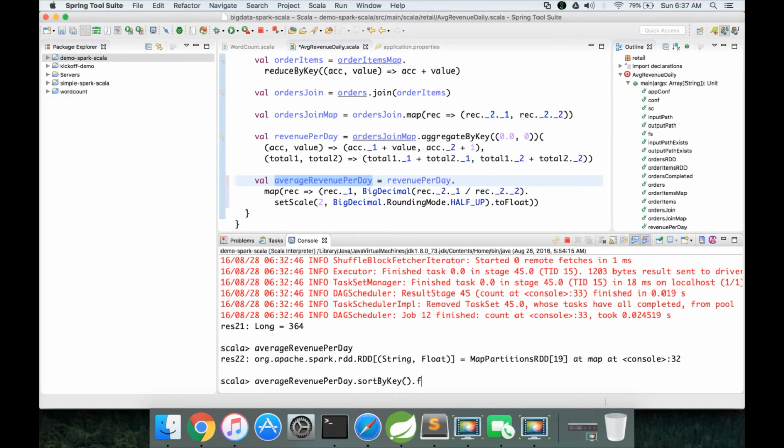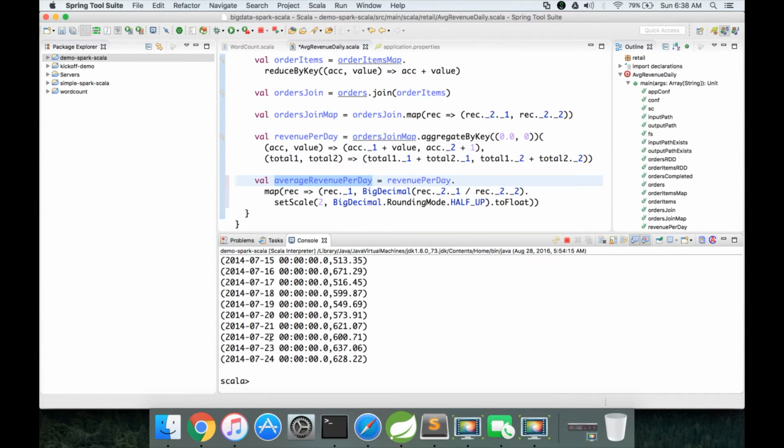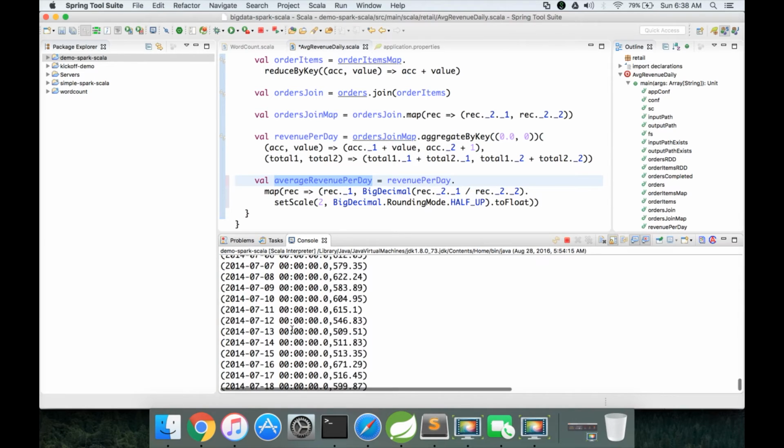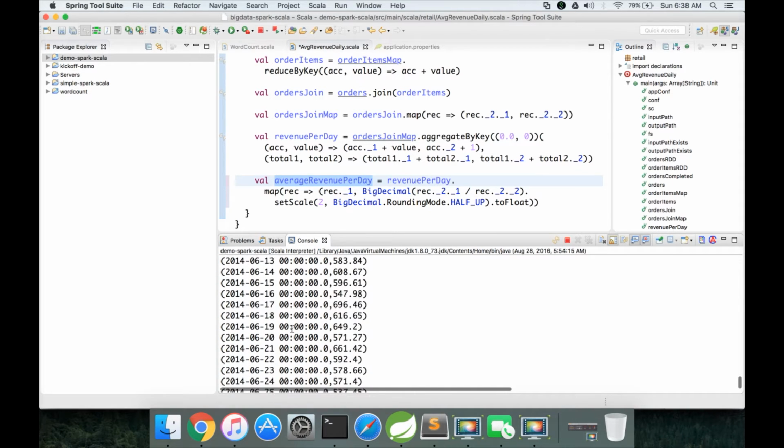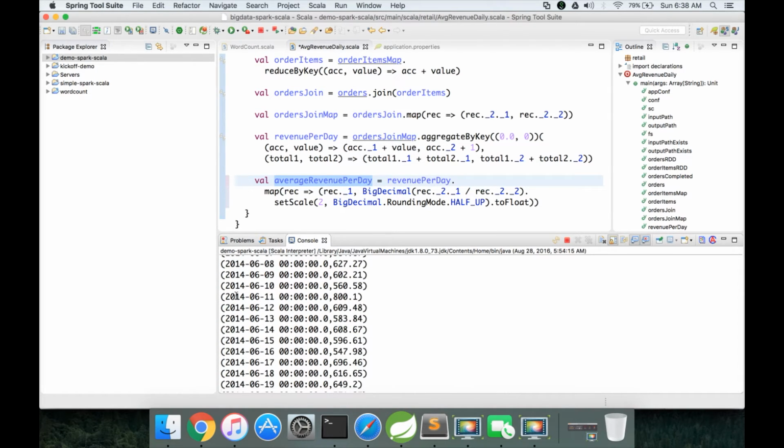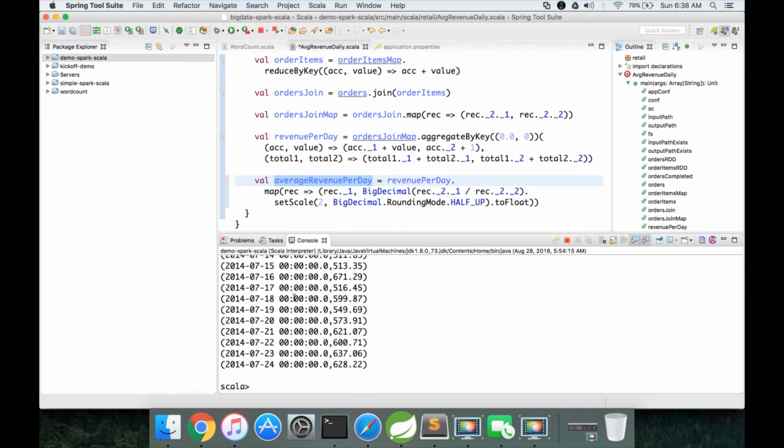Okay, and then take off, or there are only 364 records. We will just use collect for each println. Okay, and you can see that by default it is sorted in ascending order by date. Actually, we are representing the date in the form of string, and it is in the form of year hyphen month hyphen day, then the timestamp. So automatically it will be sorting by date in ascending order.